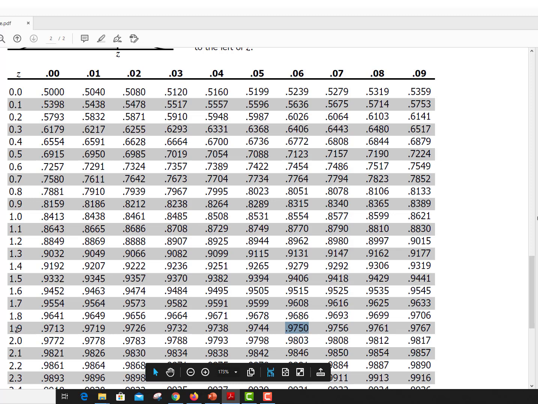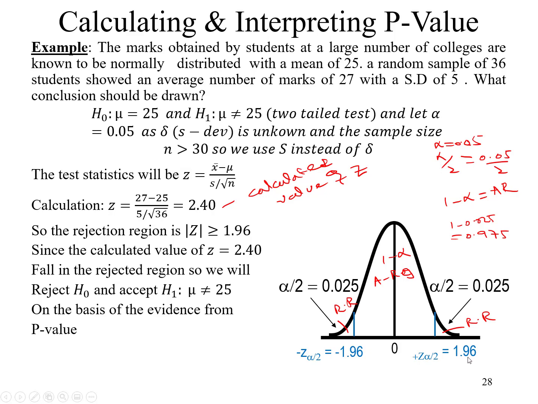So now we will write 1.96 as the Z value. That is why we write 1.96: we located this area, and the value for it is 1.96. As you know, the mean of the standard normal distribution is equal to 0. So this is the mean now. 50% of the area lies at this side and 50% lies at this side, so the same area will also lie at this side.